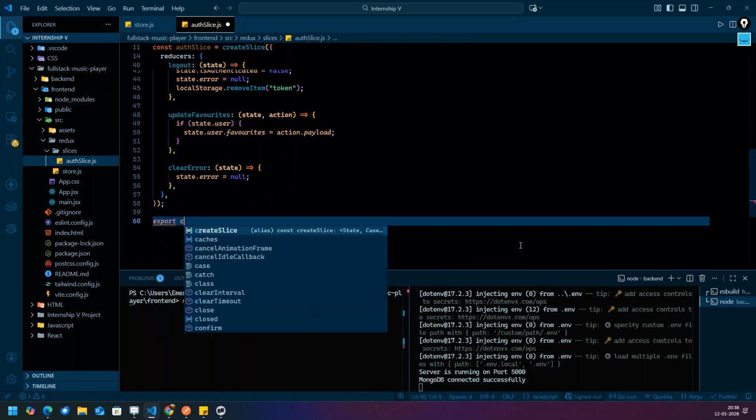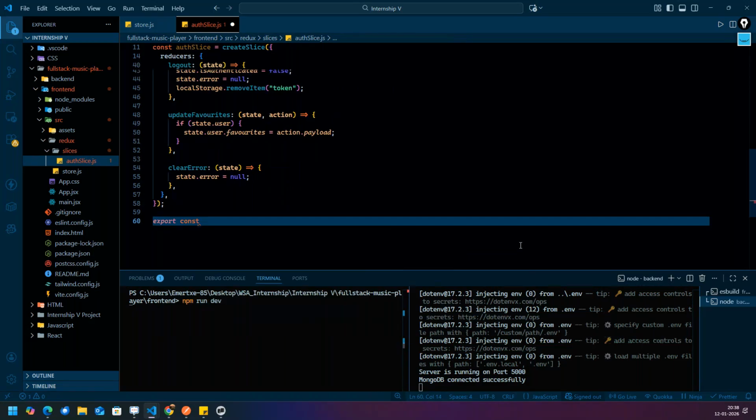Export const, all the functionalities and reducers you have written, export those. You have to write export const everything as an authSlice dot actions.